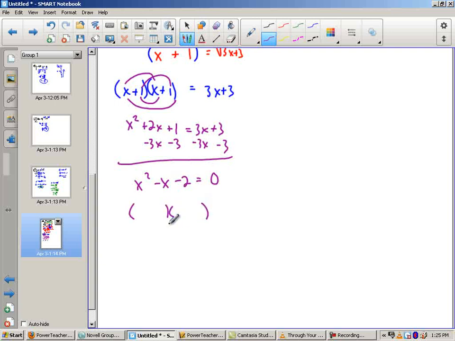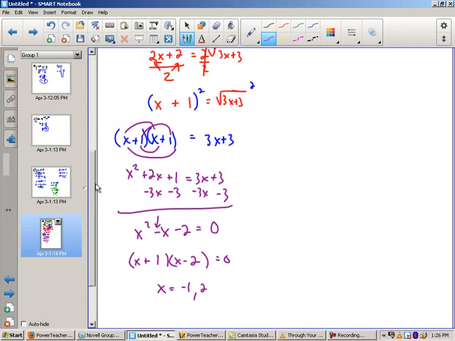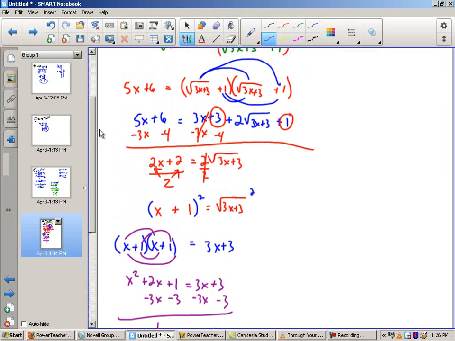That leaves me with x and x plus and minus. Factors of 2 that have a difference of 1 are 2 and 1. I need the bigger value to be negative so that I get this, which tells me x can equal -1 or it can equal 2. Now I need to check both of those answers to make sure that neither of them make me go astray, so I'm going to grab my original problem,